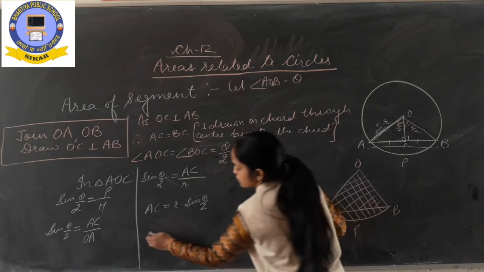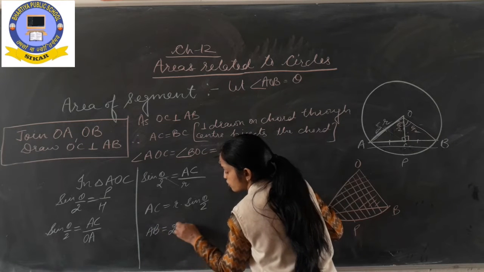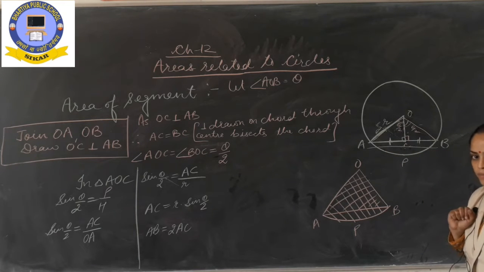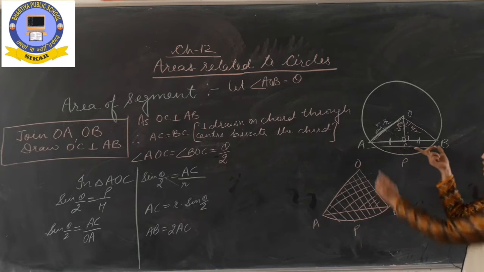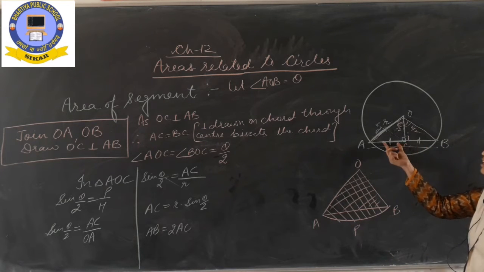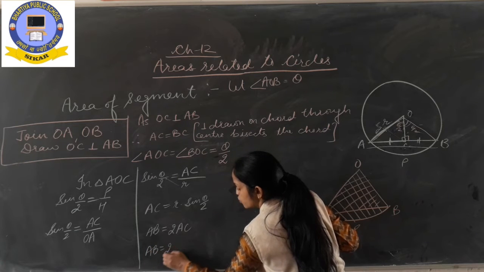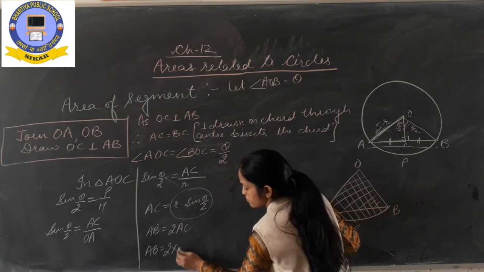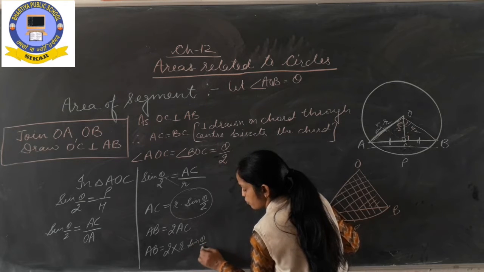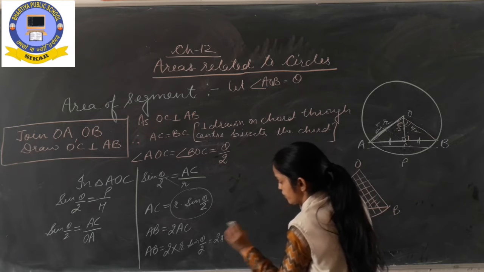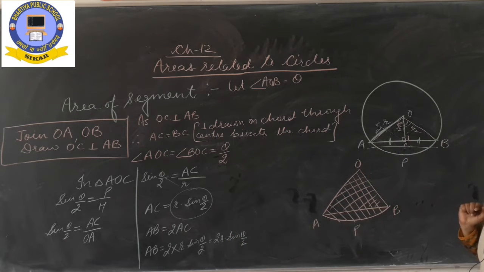So can we write AB is twice of AC? Is it right? हमने कहा AC and BC both are equal as C is the midpoint of AB. We got value of AC. We need to find out AB. To find AB, we will twice the value of AC because AC and BC both are equal. Now solve it. AB will be 2 multiplied by AC. AC will be replaced by R sin theta upon 2. It means 2R into sin theta upon 2. It is the value of AB. अपनों को AB मिल गया, right?